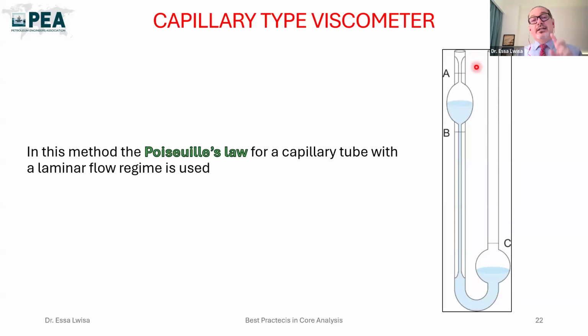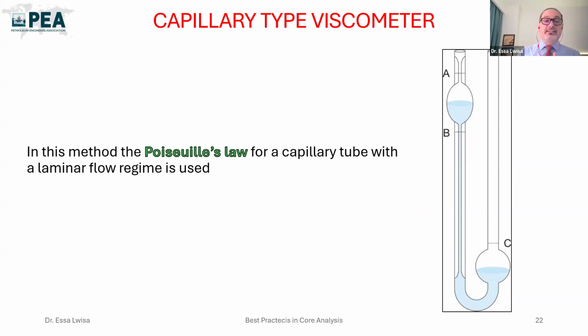Once the liquid reaches the mark A, you start your chronometer, and then you keep counting the time until the liquid reaches the point B, and then you stop it. That will be the measurement. You are measuring the time that the liquid takes to move from point A to point B. After that, you take that number and multiply it by the constant of the viscometer, and that is the viscosity